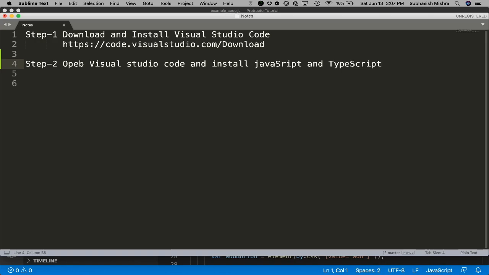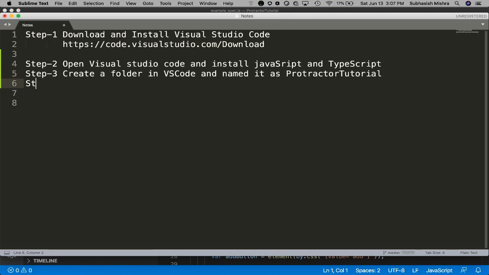I'll give all these notes so you can refer to all these things in future. I'll add this to my description. In the third step we created a folder in VS Code, Visual Studio Code, and named it protractor tutorial.